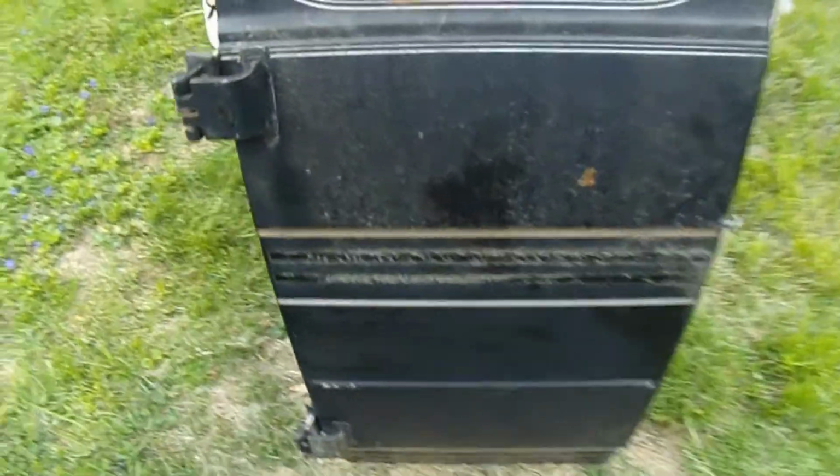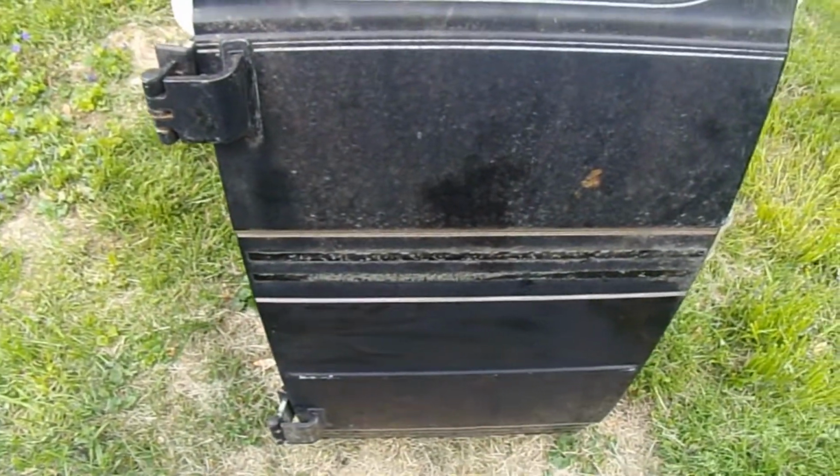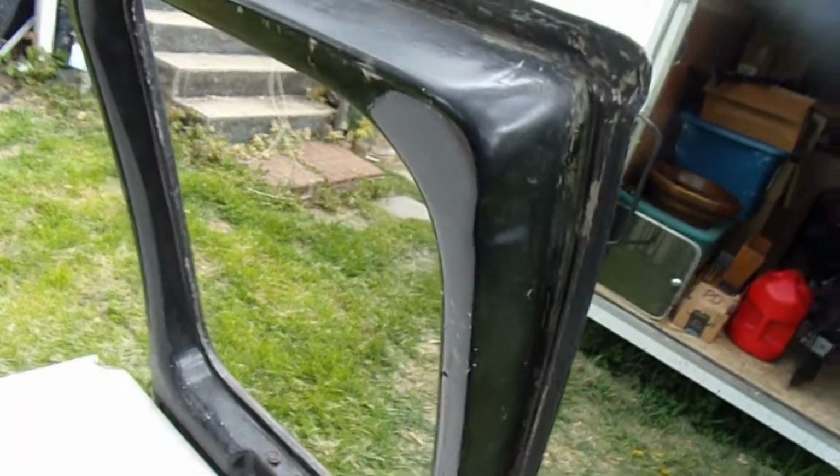And here had two body strips, just pretty little things. Tore them off. We'll sand the inside, sand the outside, maybe shoot it with a coat of primer. I want to get this in here for the rubber seals. I want to get that all cleaned up, do a little bit of sanding, maybe shoot it with a coat of primer, and then